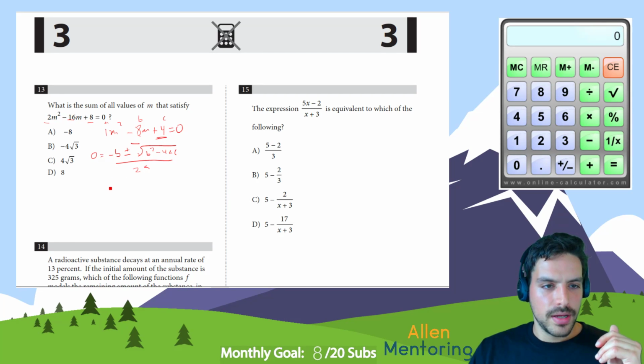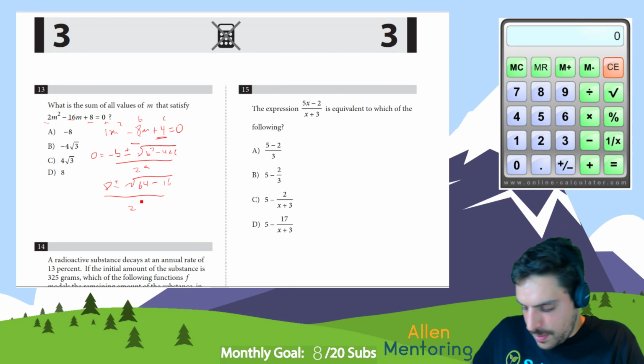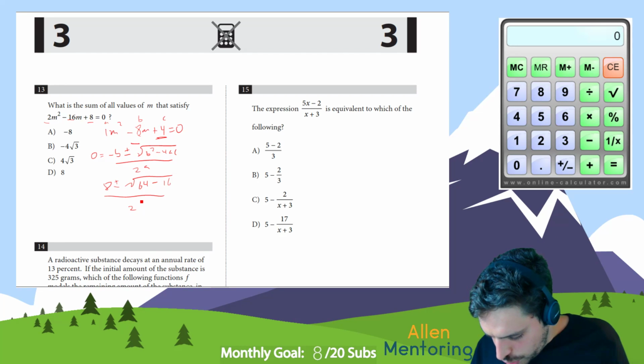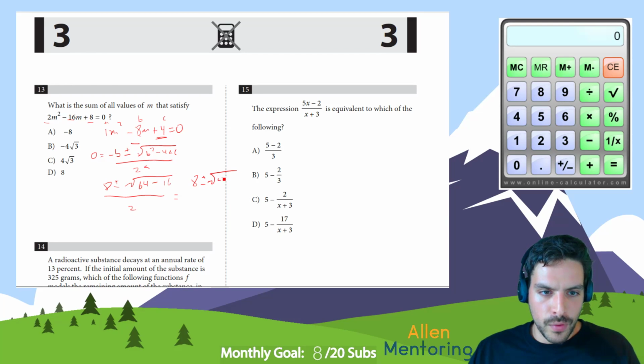All right, so let's plug that in. So it's going to be 8 plus or minus the square root of 64 minus 4 times 4 times 1, which is 16, all over 2. All right, so far so good. Just make sure, my handy dandy handbook here. Yep, everything looks good so far. And so if I simplify this, that's going to be 8 plus or minus the square root of 48